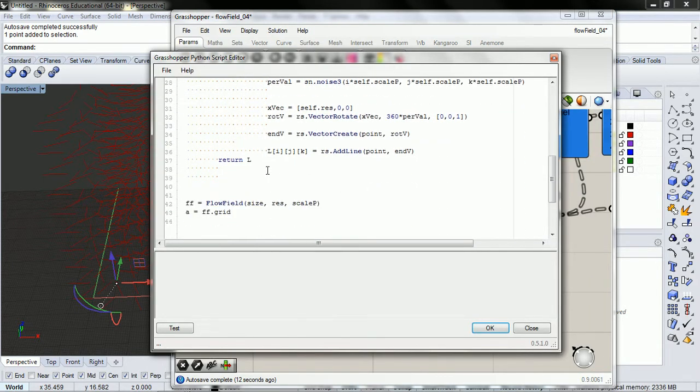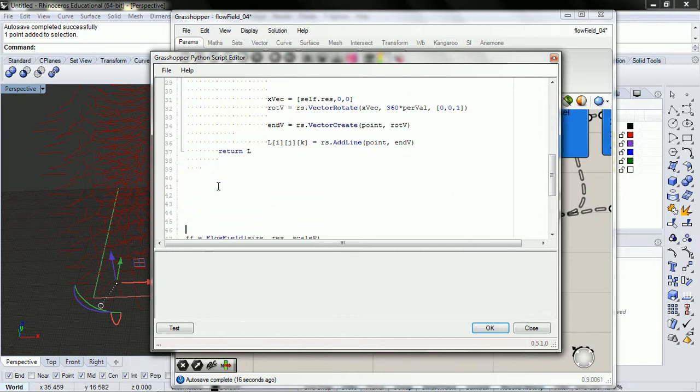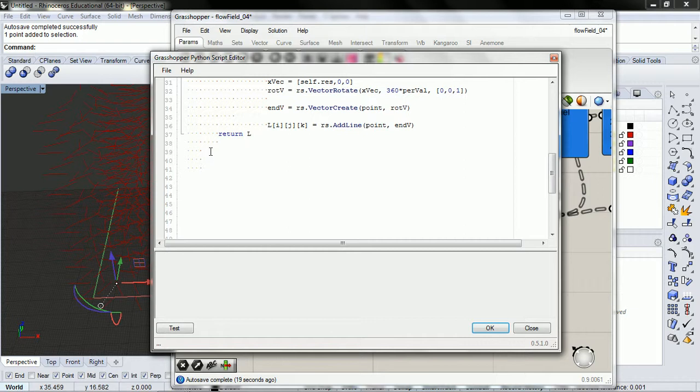So we have a grid, def lookup, pass in self, and